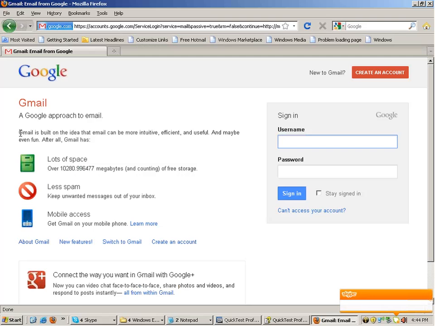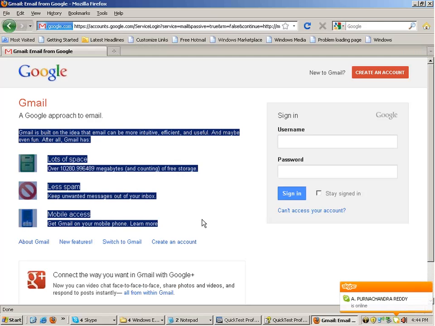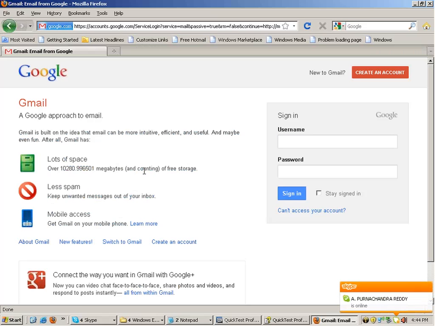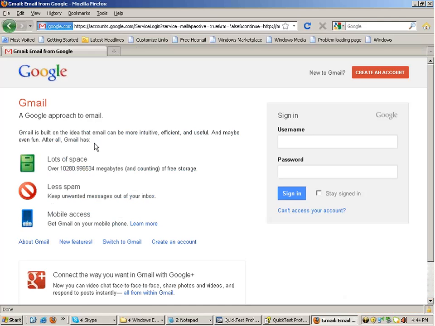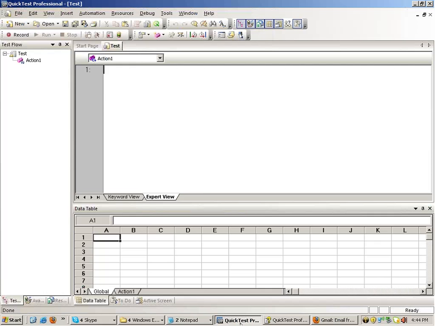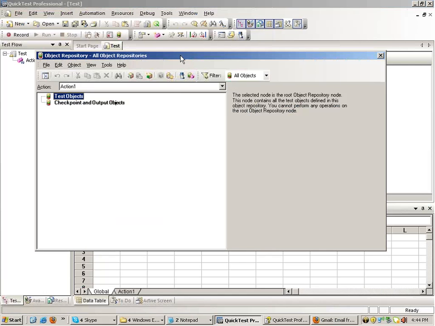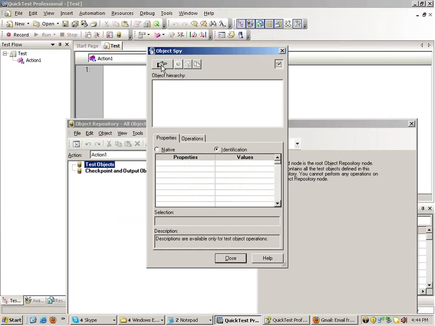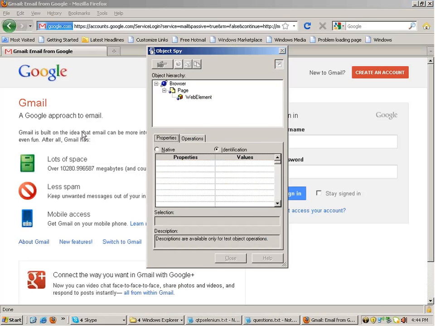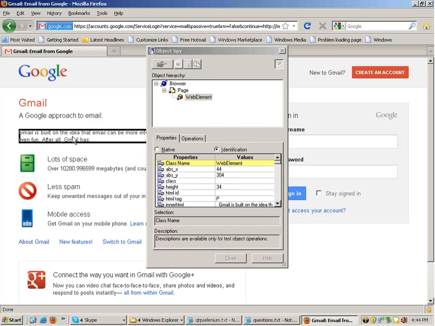On this Gmail page you have got a lot of text. Suppose the scenario is you want to read this text which I have highlighted. You want to read this particular text with QTP. So what you do, you spy this text.